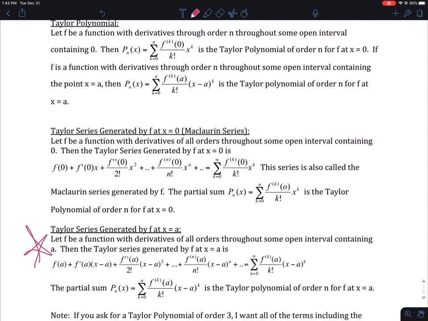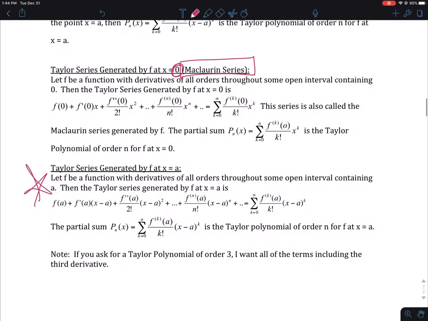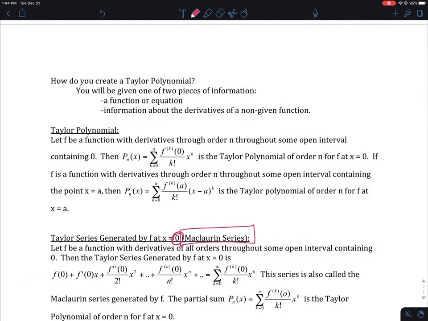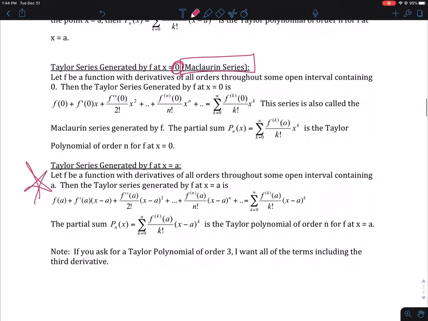If my a happens to be equal to 0, we don't call it a Taylor series, we call it a Maclaurin series. If we center it at any other value other than 0, then it is called a Taylor series, okay? And the Taylor series is created by taking your function, there's a step-by-step, taking your function or equation, and then you need to take the derivative. And the formula for generating the polynomial is the original function,